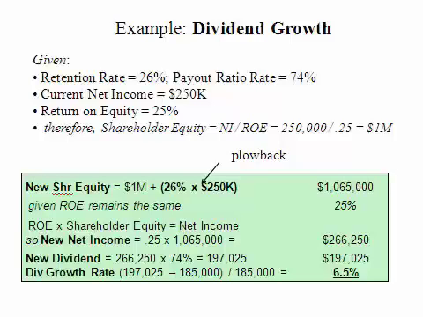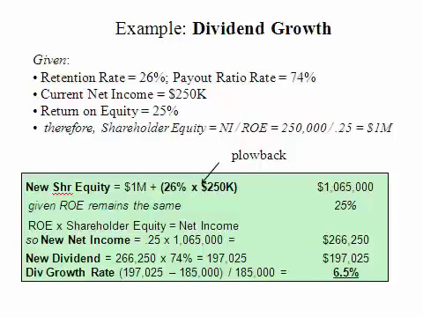You already solved that the payout ratio on the $250,000 of income was 74%, and that meant that the plowback was 26%. So 26% of the $250,000 of current net income is $65,000. That $65,000 flows into the retained earnings. So now the new shareholder equity is $1,065,000. Holding that the company earns a 25% return on equity, the new earnings are 25% times the $1,065,000, and that equals